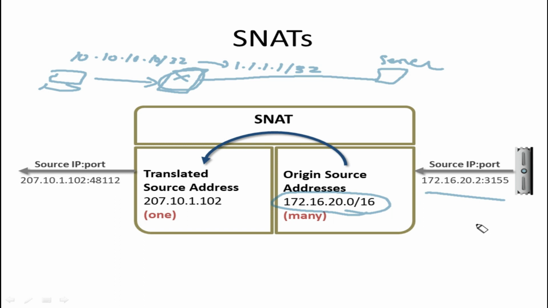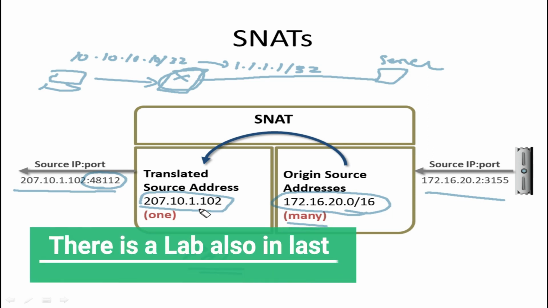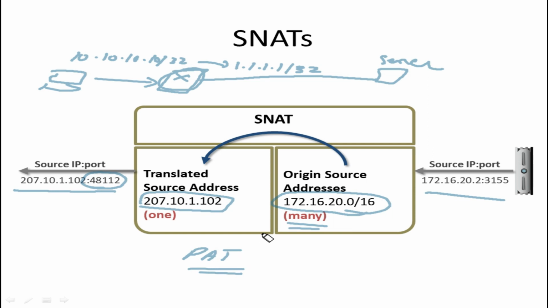So here you can see the IPs are many, and these IPs are converting into one of your public IPs. So you are converting many to one, and this kind of source NAT is also known as PAT. In PAT you will use address translation and you will also use the port number. Here you can see that the request from 20.2 is going with another port number, so the reverse traffic would be able to recognize it using this port number only.